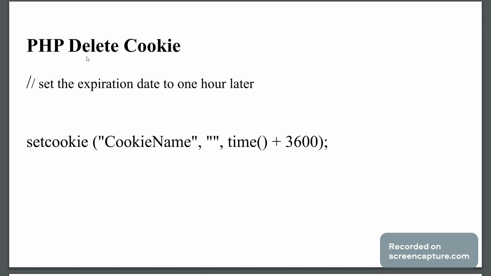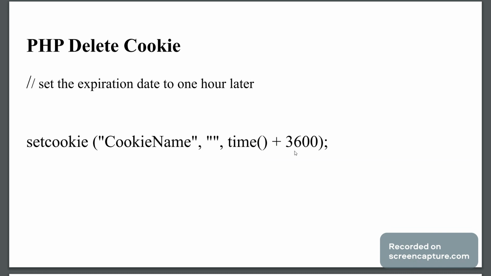So a cookie can be deleted by giving the time. While deleting a cookie, in the setcookie function we give the cookie name, its value, and the third parameter is for time. In time, the time function will give you the current time, and if we write plus 3600, it means